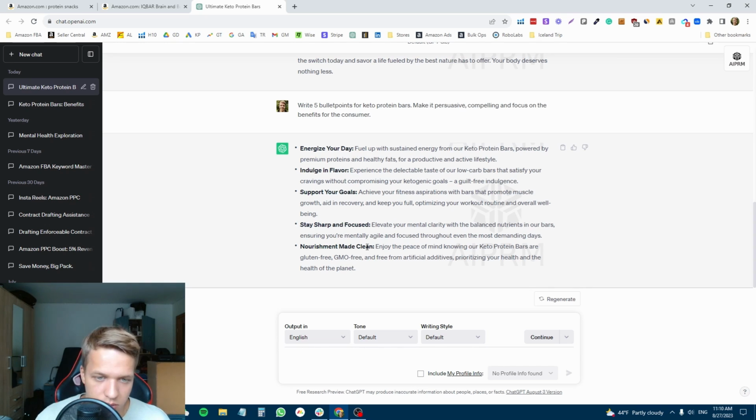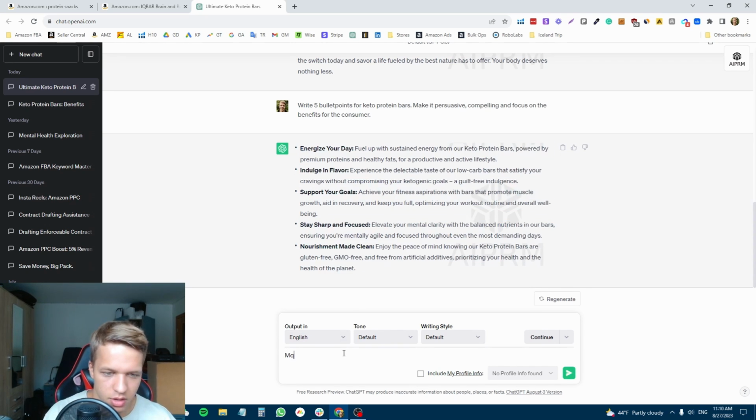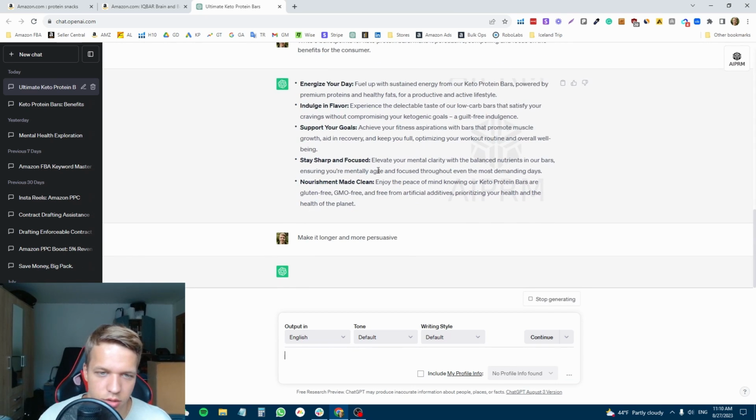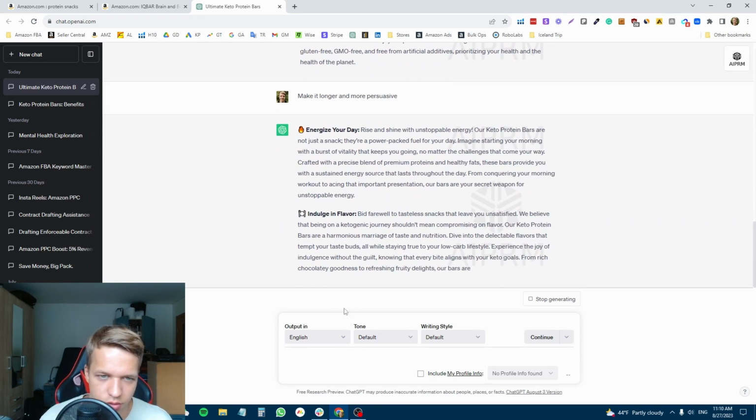As you can see, they're kind of short. I would make it longer and more persuasive. So it's going to make it a little bit longer. As you can see, maybe it's too long. We can do something like,